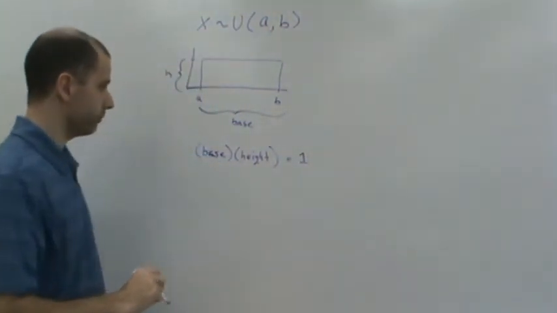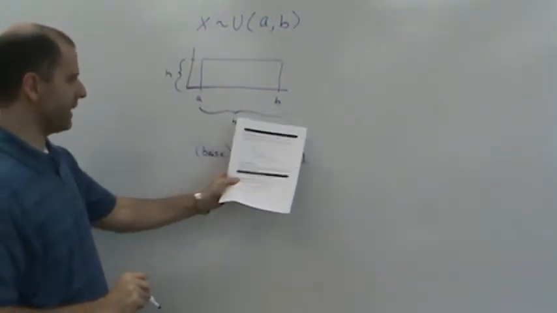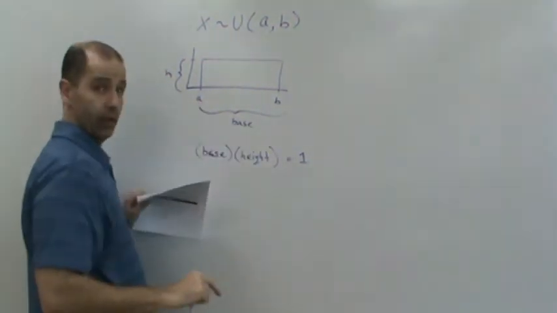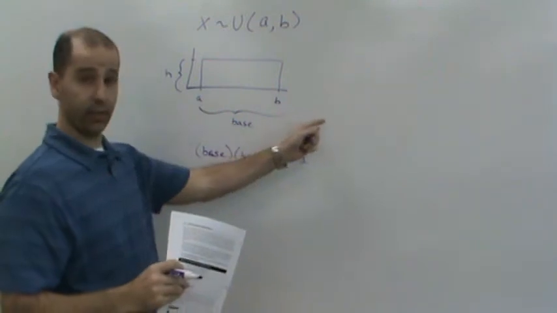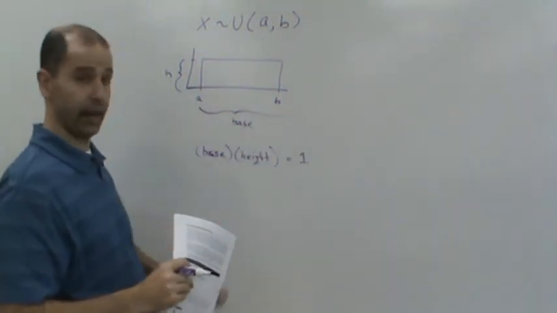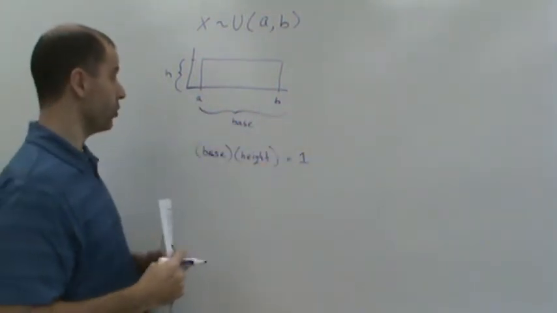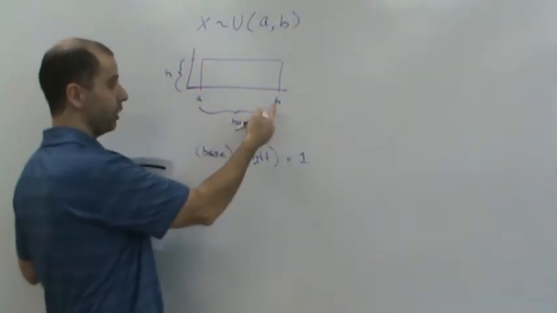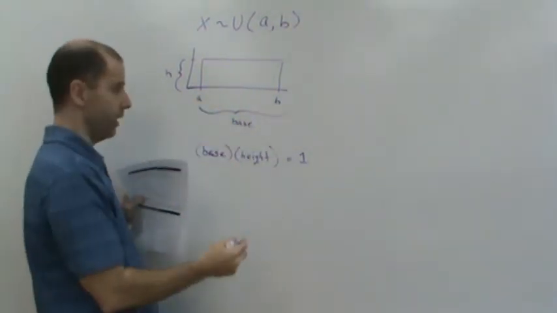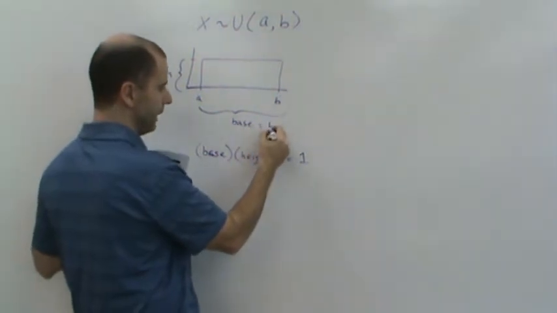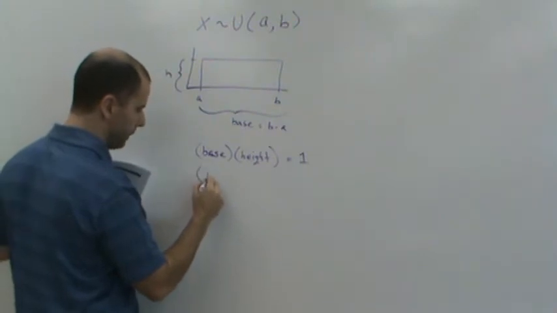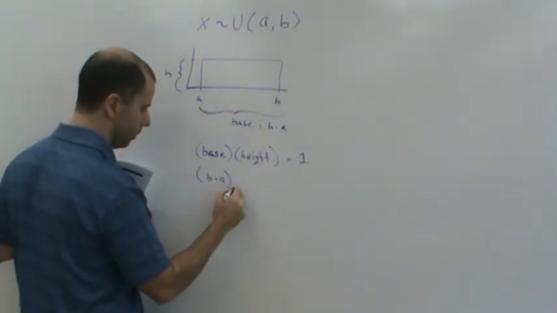So now, what is the base here? What is the length from A to B? Assuming that it's in increasing order, right? B is bigger than A, right? This is a number line, right? So what's the distance from A to B? What's that length? Well, it's going to be B minus A, right? So the base is equal to B minus A. Well, if we put in B minus A here,